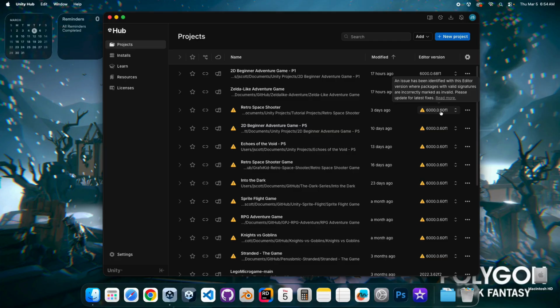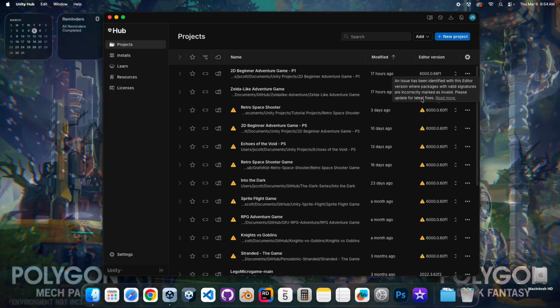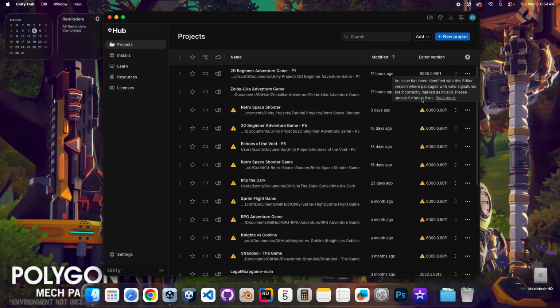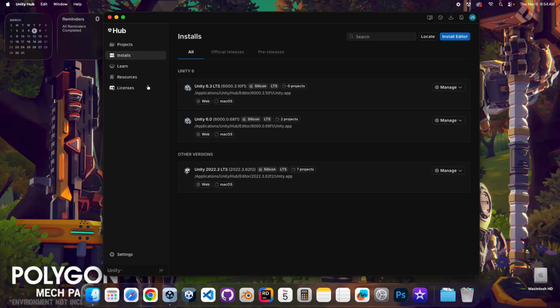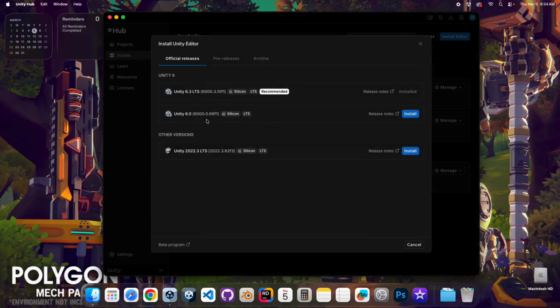6000.0.60 F1, and this has a known issue that Unity has been aware of, and that it's asking you to update to a later version in that sequence. So if you go to installs and verify that you're on the latest version for that number itself. So if you go to install editor,